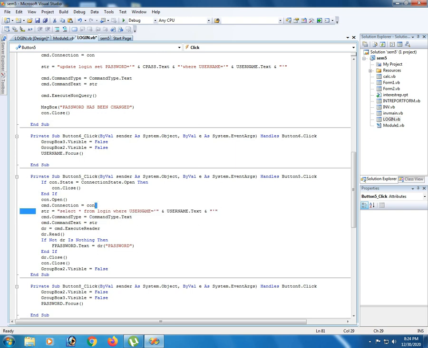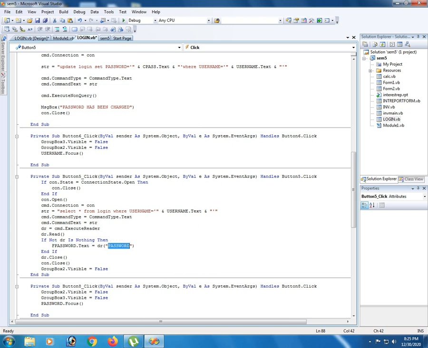Next we have change password. Change password means changing the existing password, and that is called updating. As usual, the connection opens, and then update login, where login is the table name.